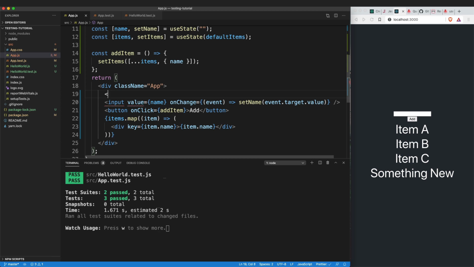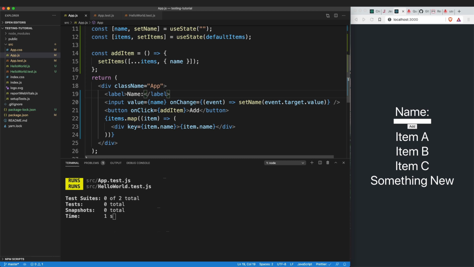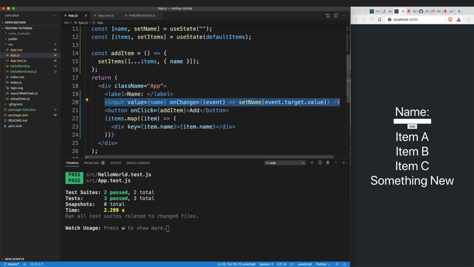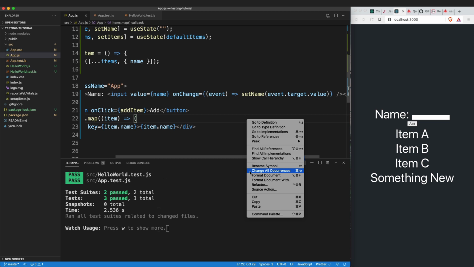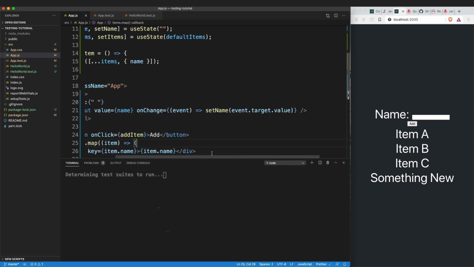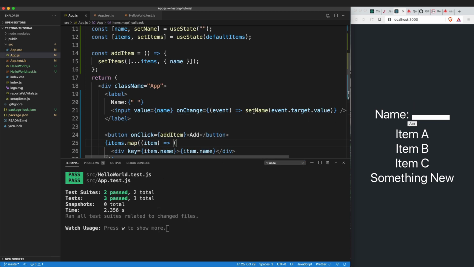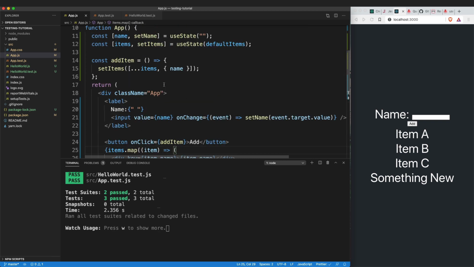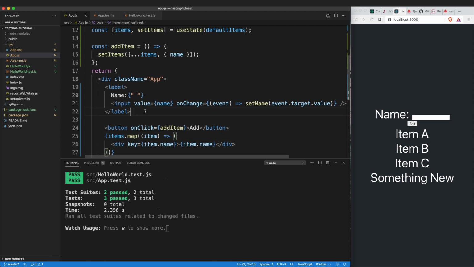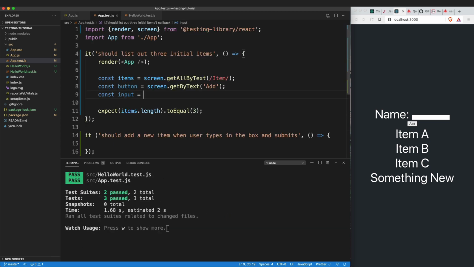So over here, we're gonna add a label, and we're just gonna call it name. And then we'll actually move our input inside that. All right. Now this application looks really ugly, I know, but we're not focusing on the CSS right now. We're just trying to understand the basics. So now that we have a label in there,